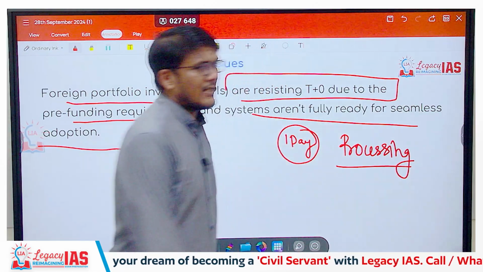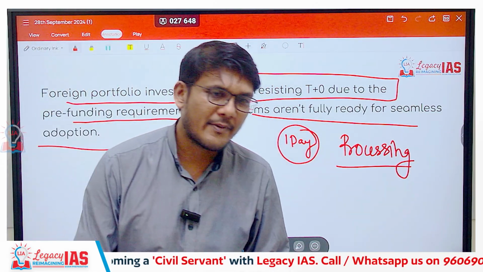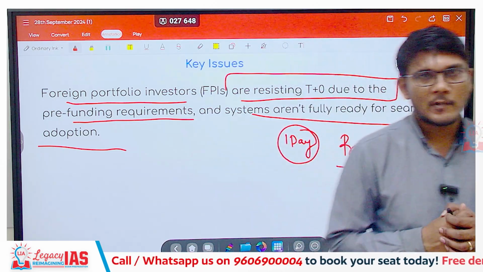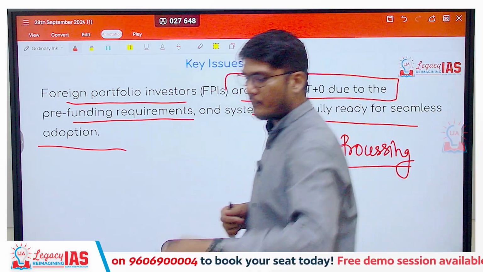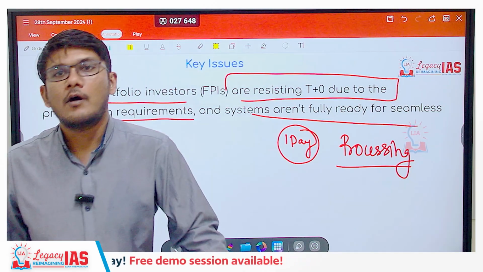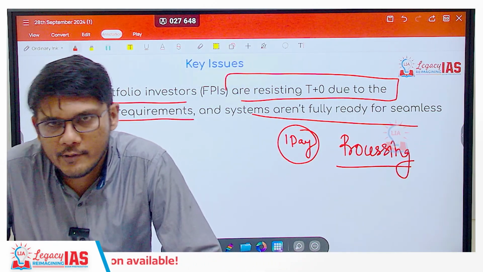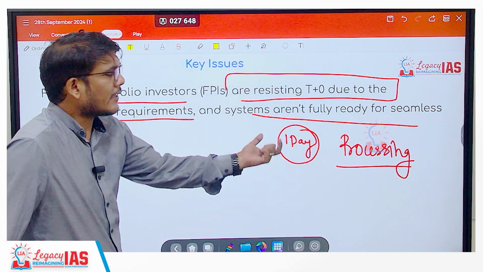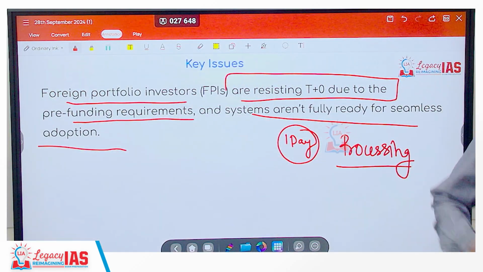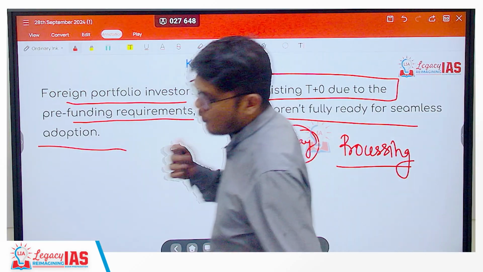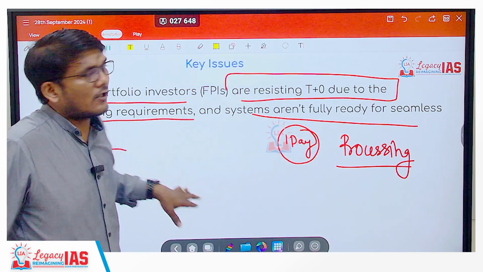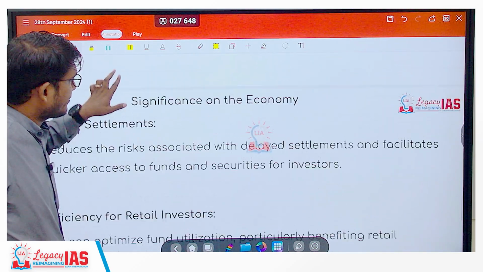Take it simply as you give your papers, and the paper gets checked after 1 day, so the institute gets a day to check them. If you come with the paper and it has to be checked then and there, it will require, let's say, more power, more human resources probably. Here technology is there, but even technology would be required to work in that. There will be codes which will require change. So yet it is not ready, as a result of which this delay is happening.